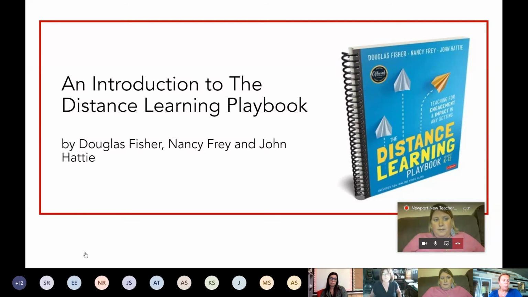They also have a purple book that you can pre-order right now, so it should be out any day, and it's the Distance Learning Playbook for parents. What we're getting ready to talk about is based on information from this book, and we're really just focused on the very first couple modules or chapters, but there's a whole lot of other great information too.